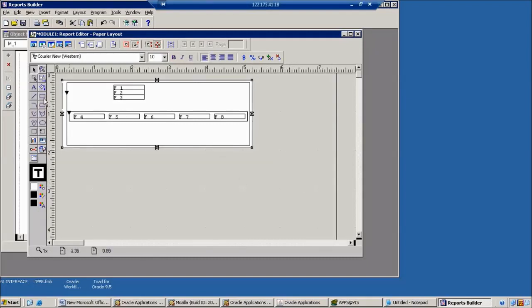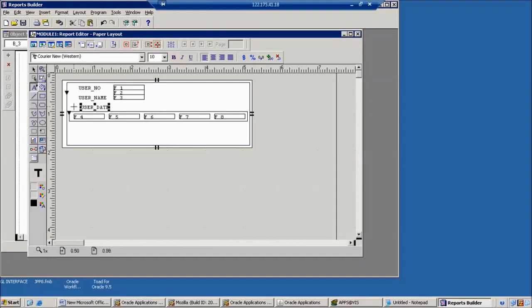Okay. Next, we can give the headings. That is user number, user name, user date.